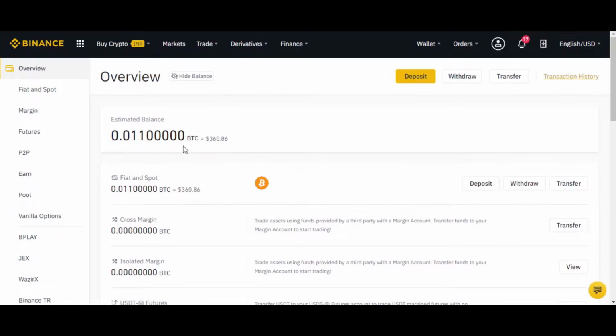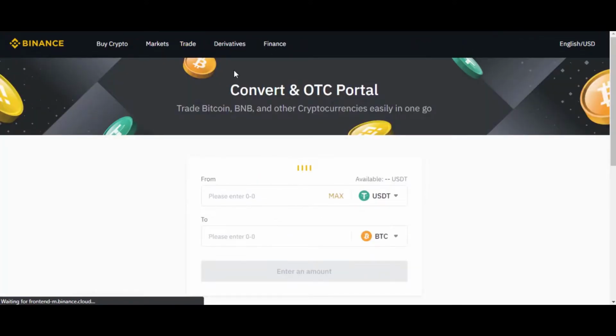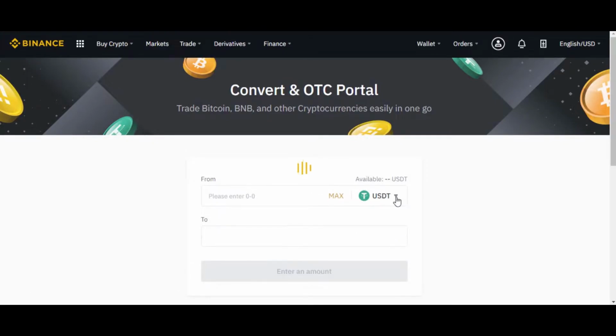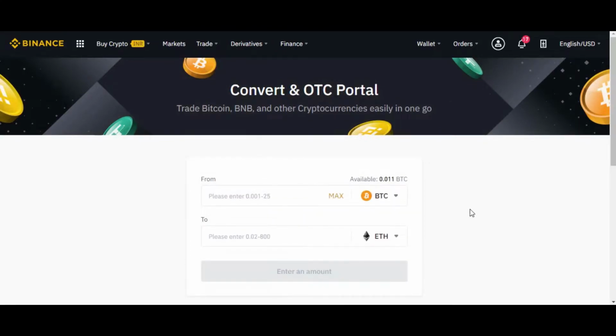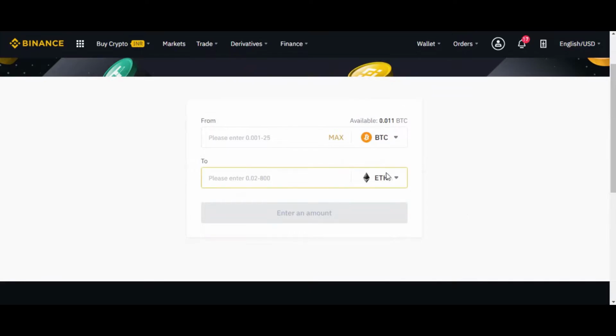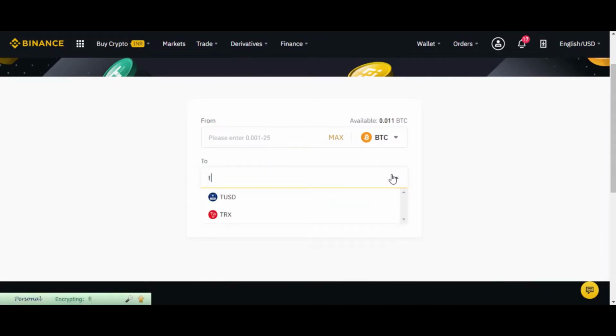Once the balance starts showing in your Binance account, you simply need to go into the trade section and click on convert. Then you need to select the currency you want to convert. In my case I am going to convert Bitcoin, so I will simply select Bitcoin, and I also need to select which currency I want to convert it into. So I want to convert into TRX Tron,